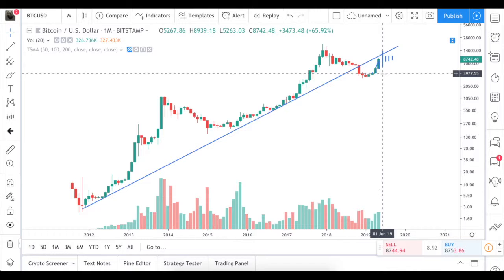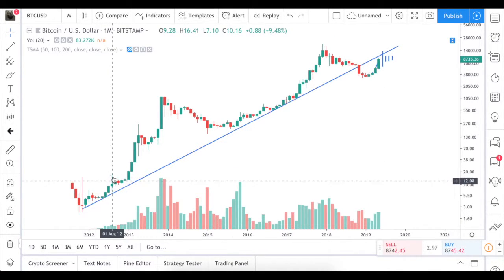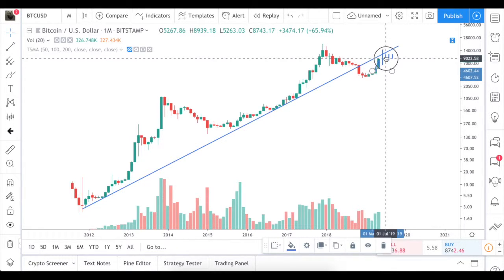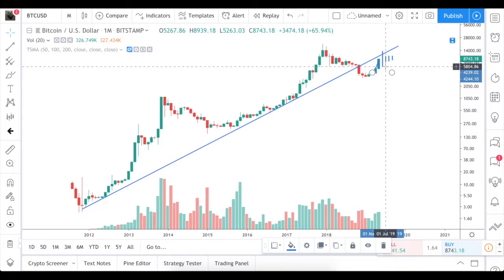For the next month, in June, what you would have is that this candle, short body but the long upper and lower shadows, so with this shadow this candle will go above this trend line but will not be able to hold there and return back below with a quite severe correction of like 50% from maybe $12,000 if you move it a little lower. It really depends on how you place those candles, to something like $8,000 here and actually $6,000 over here,